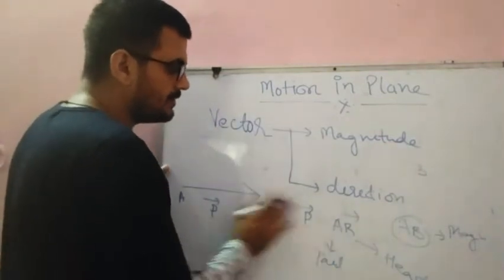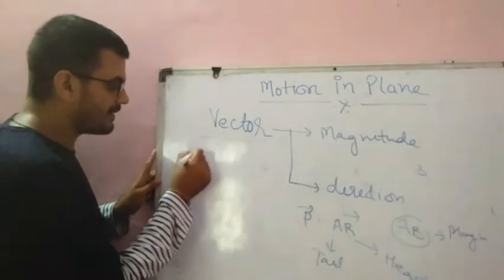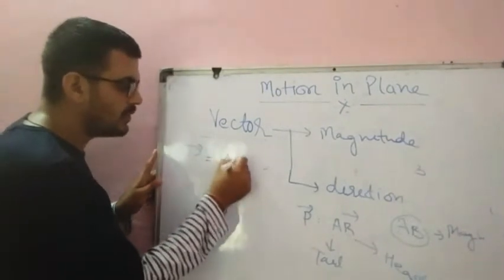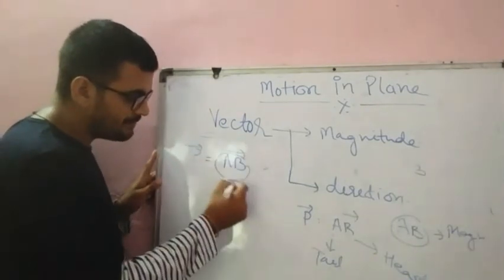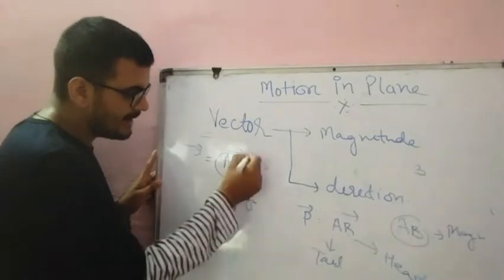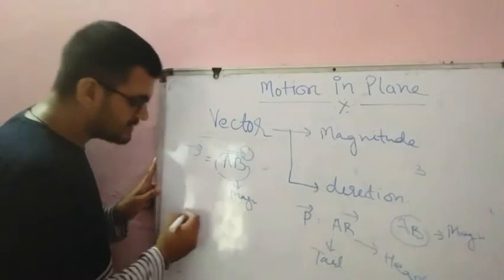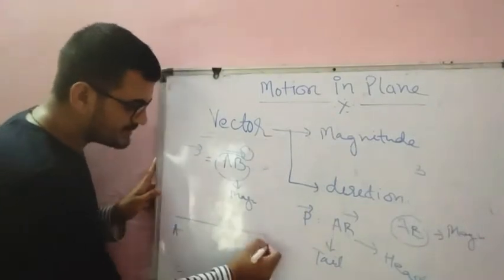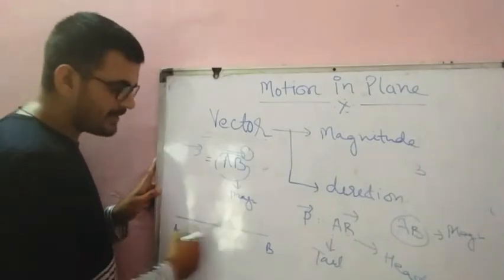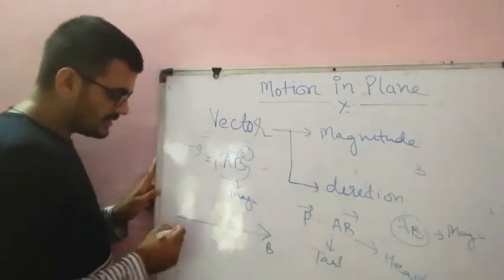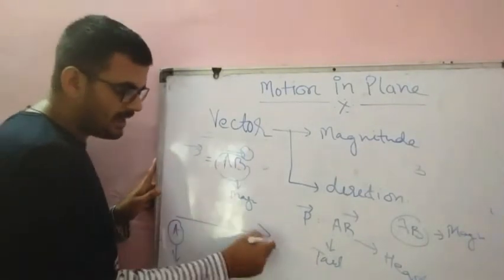Okay, magnitude. So now how we will represent, suppose we have a vector P equal to AB, okay, this is the vector, so this is the magnitude and this one is the direction. Now how we will represent it in symbol, this is A, this is B, this is the magnitude, I have already told you, AB is the magnitude and direction is this. So in this A is the tail, first one will be tail and B will be the head and this is the direction.